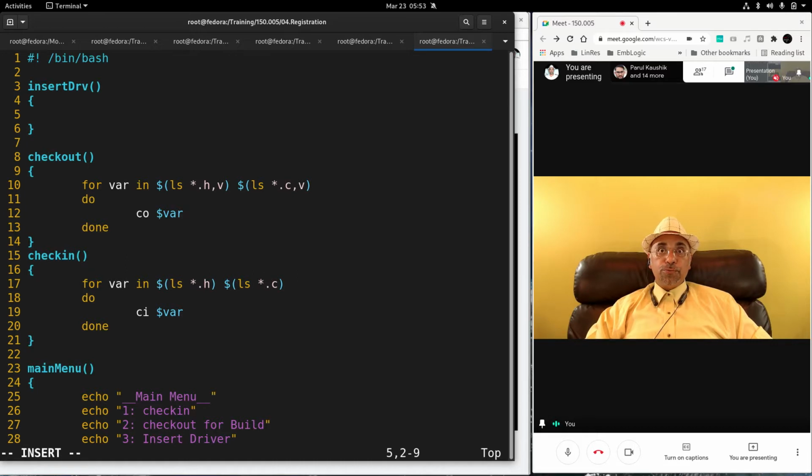Here we have to do ins mode. Ins mode. The driver dot slash modules slash